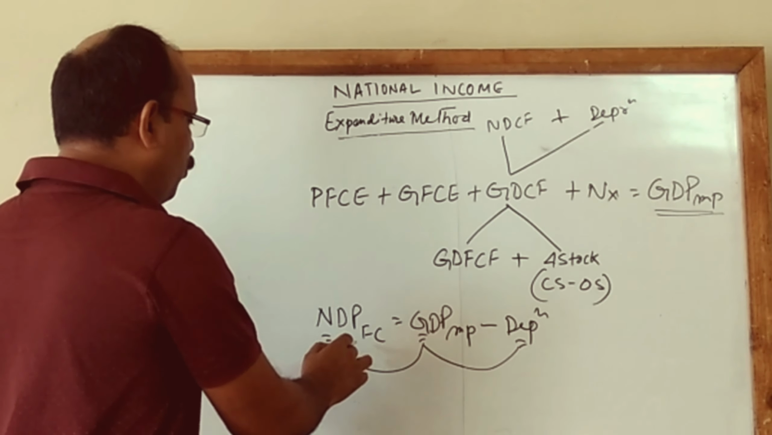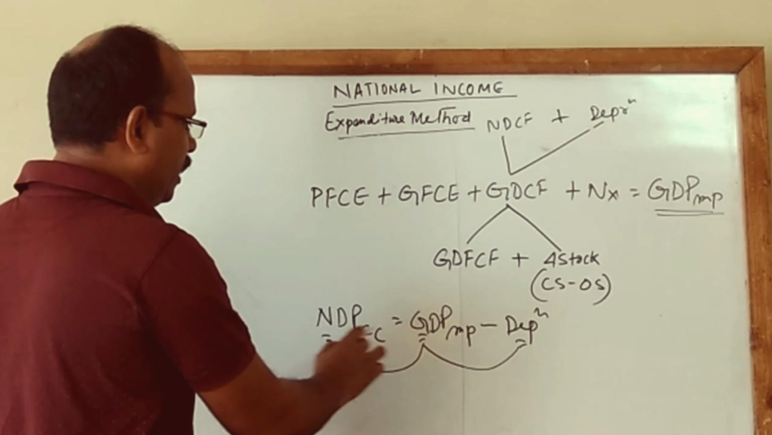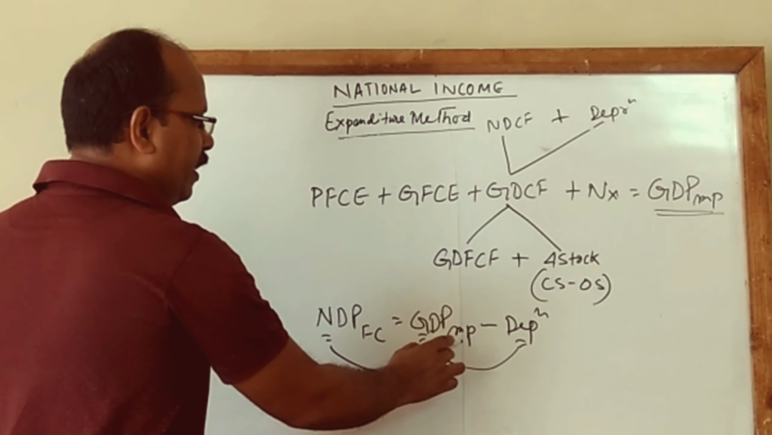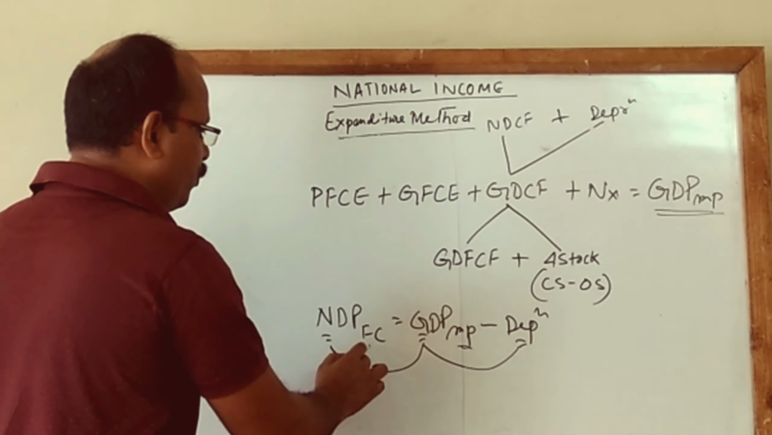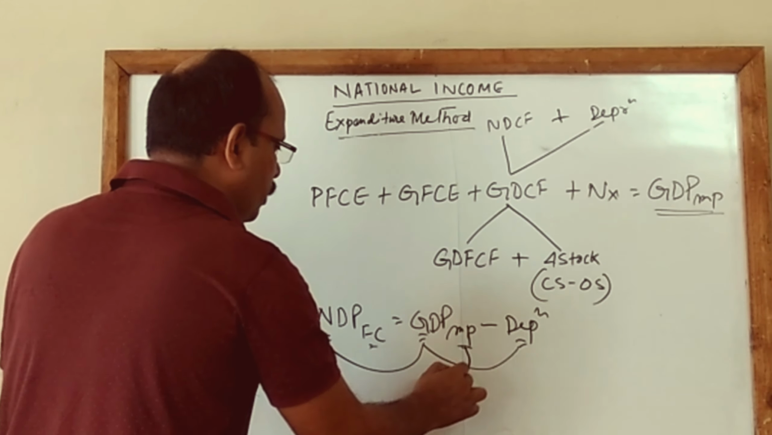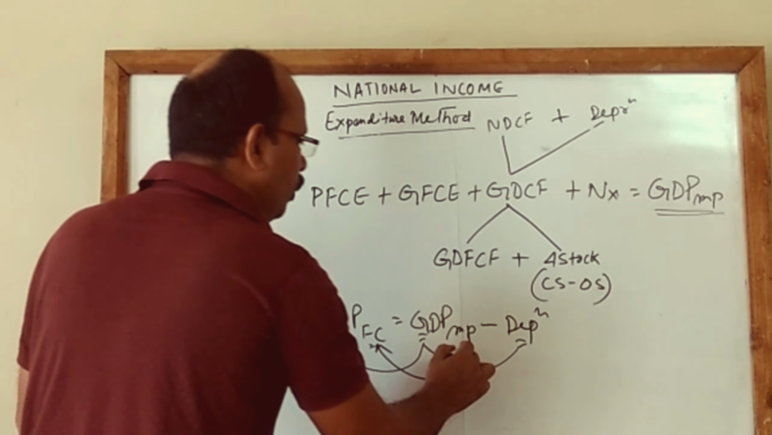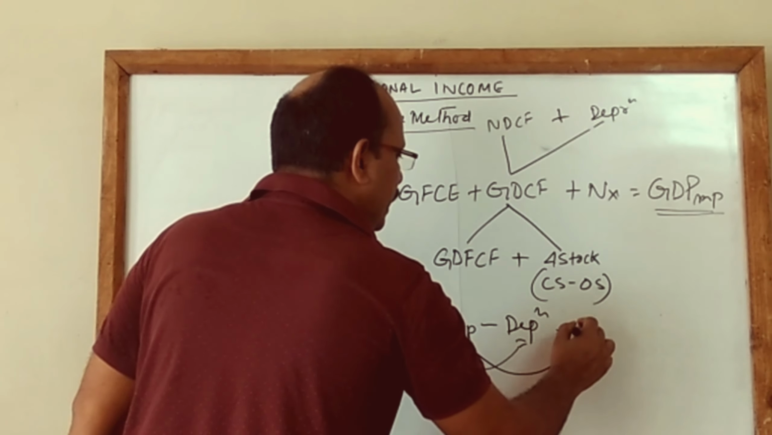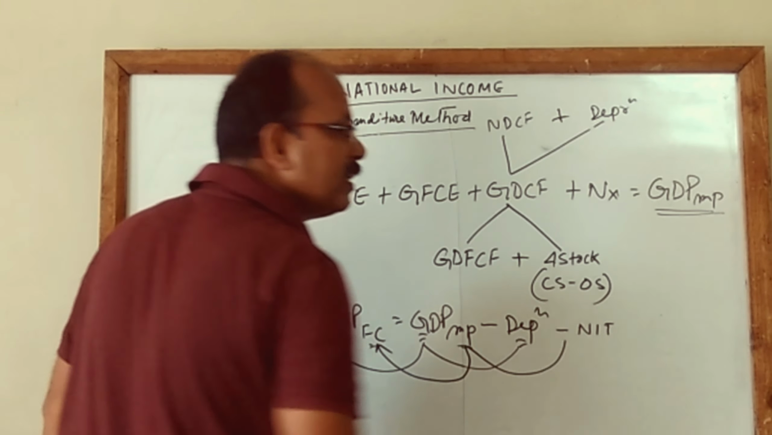And another one we'll have to find out, this is domestic. Domestic is there. Product is there. Here MP, market price is there. We'll have to find out the factor cost. So what we'll have to do from market price to get factor cost, we'll have to deduct NIT, net indirect